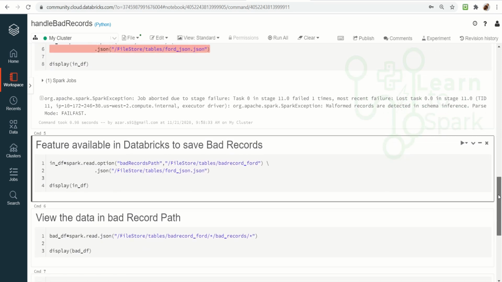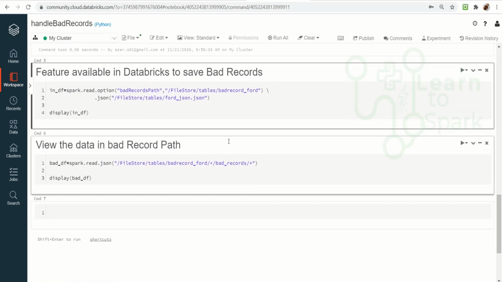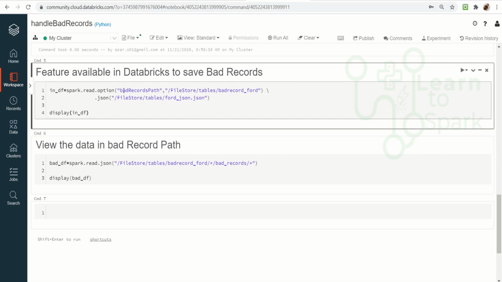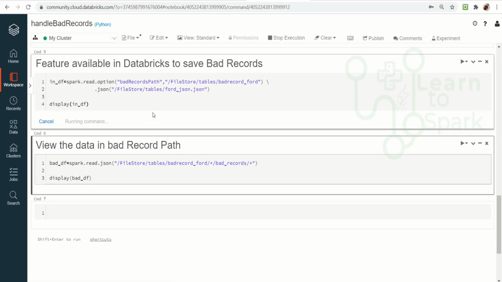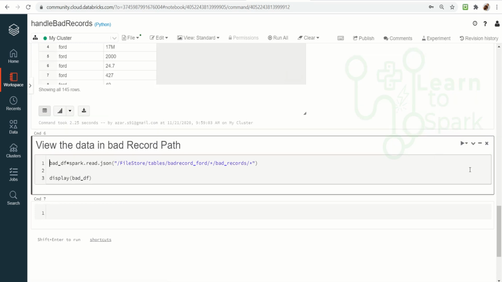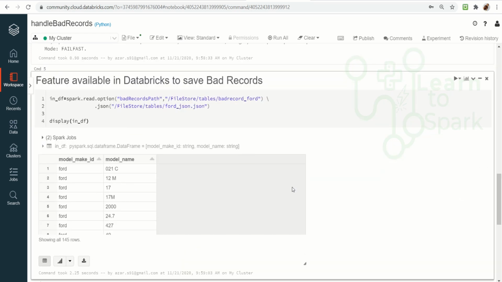That being said, we will move on to a feature that is available in Databricks. So here you can see I am using badRecordsPath as an option, and I am giving some file name to store the bad records. The file will be stored in a JSON format. Let me quickly run this for you guys. So here you can see again, this didn't return any corrupted records. I didn't specify any mode. By default it will take permissive mode, as you know. And here you can see, since I have given a bad records path, those bad records have been stored into this particular path, and it has returned only the valid records as output in a data frame.